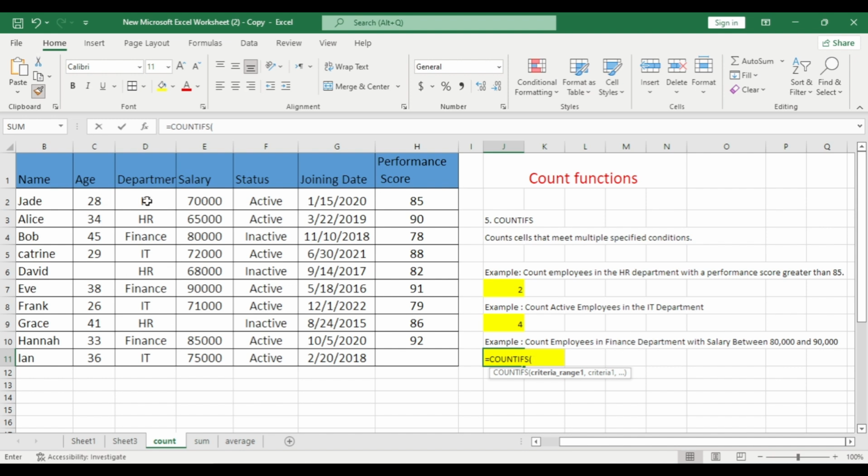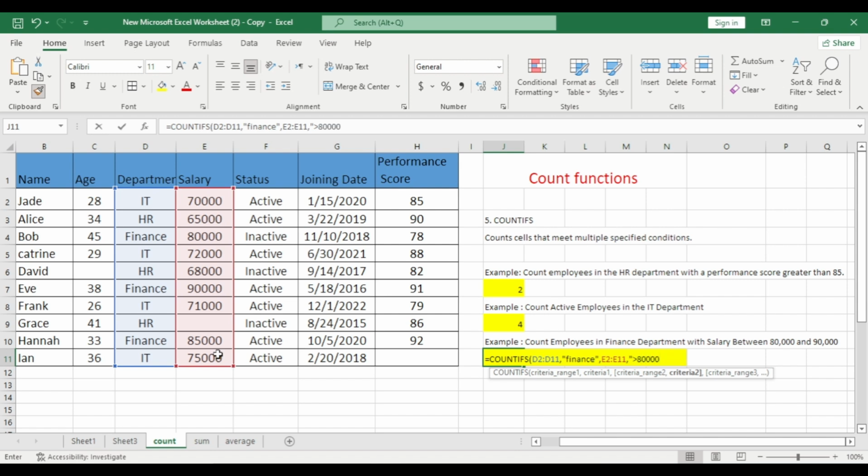Our first range will be department and our criteria must be finance. Okay, the second range is the salary between two salaries. What salary is it? It's 80,000 and 90,000. So our range will be salary, and our condition will be greater than